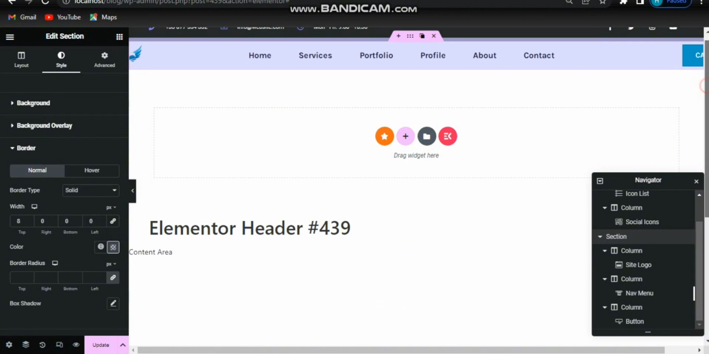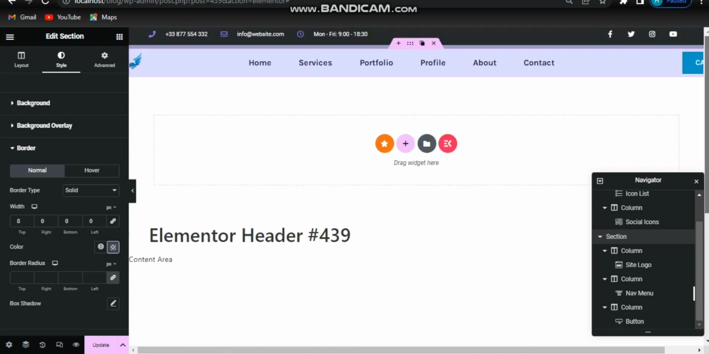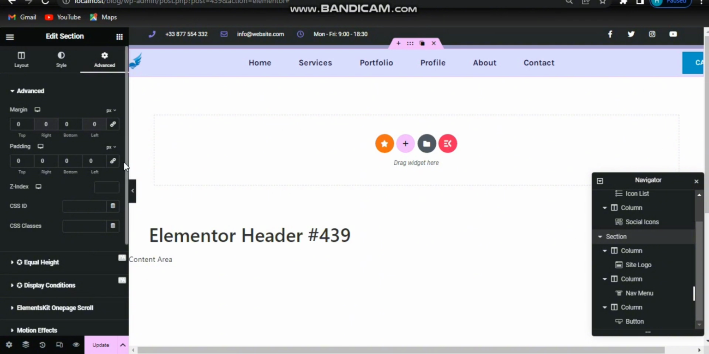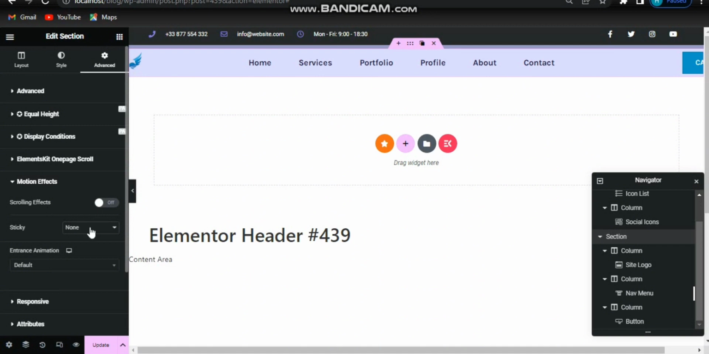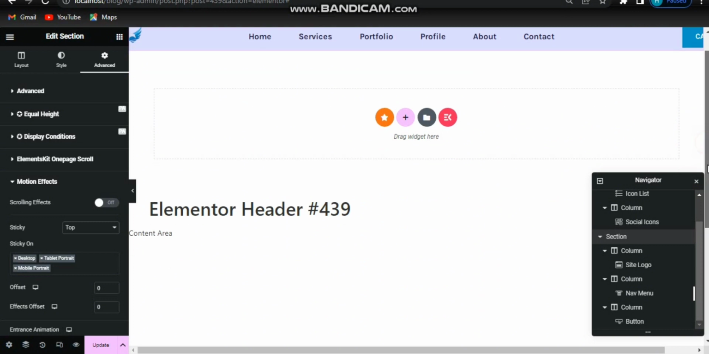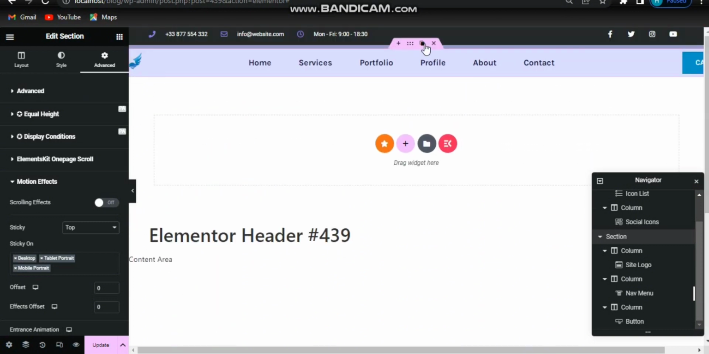And one more thing, you see when I scroll down, my header is not sticky and it's not a really good impression. So make your header sticky. So go to the advanced tab and from here select motion effect and make it sticky to the top. And you see when I scroll down, it is sticky. I only adjusted this section as sticky, not this one. So click on update